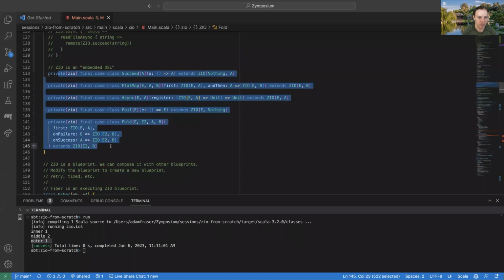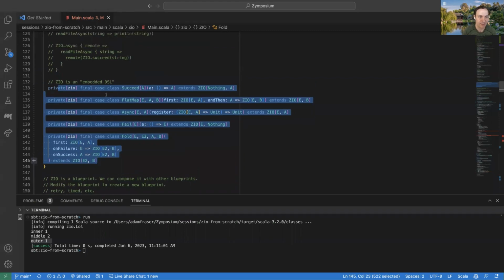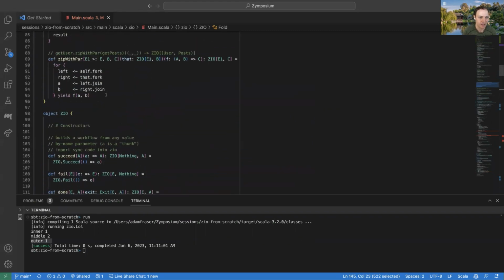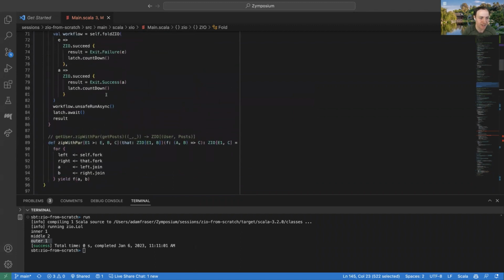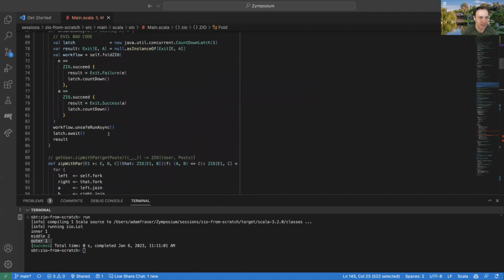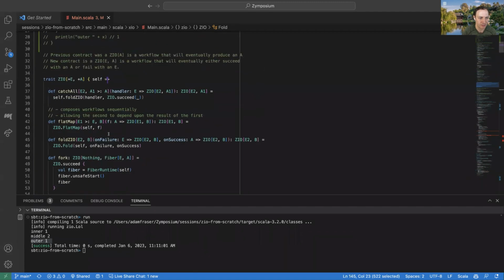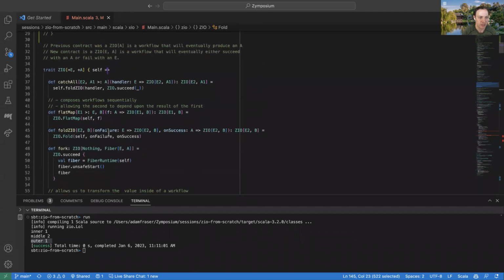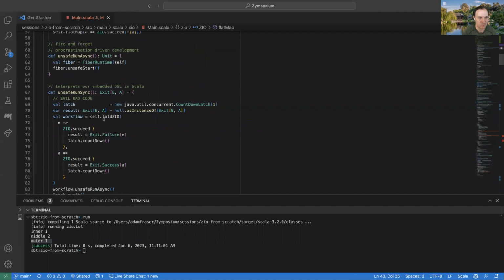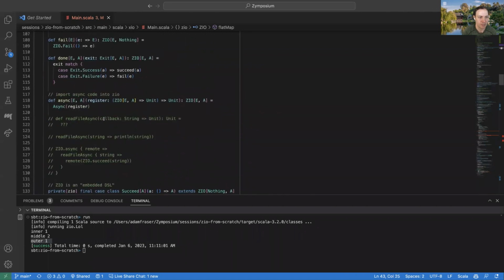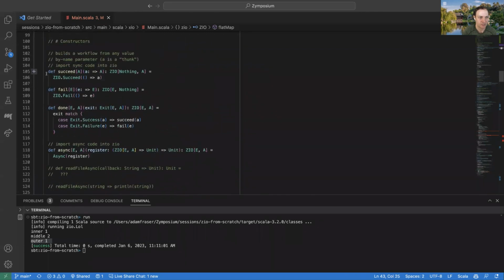And so this, in a way, was really easy because all we're doing is defining case classes here. But having these case classes, we could actually, quote unquote, implement, with air quotes on it, a bunch of different operators here. Some of these are kind of obvious, so what it means to flat map is just return this flat map constructor. What it means to succeed with a value is just call that succeed constructor.